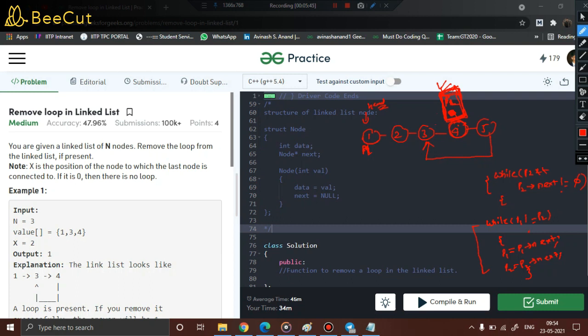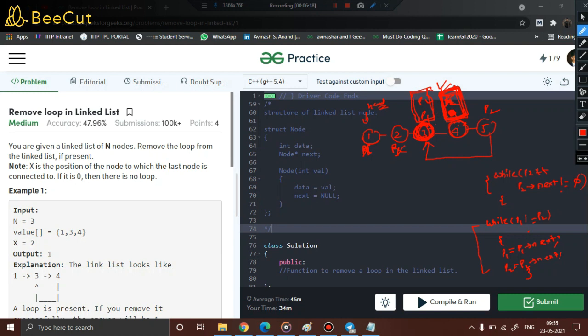So how to find the starting point of a cycle in the linked list? You see P1 is here, P2 is here. Take one step. So P1 comes here, P2 comes here. Take one step. P1 comes here, P2 comes here. The moment we detected the cycle, from that point let P2 be there and move P1 to head, and from there make them move one step at each iteration, until they meet at a common point. The point where they meet is the starting point of the cycle of the linked list. So you see, point 3 is where they have met.